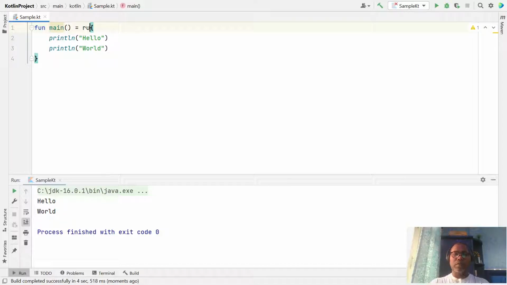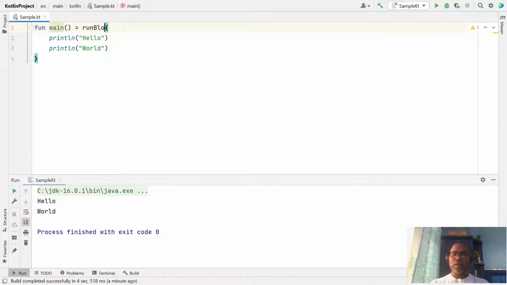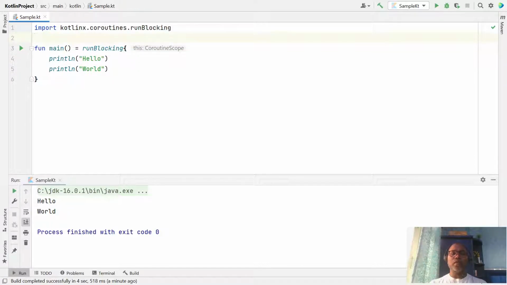First thing, runBlocking. I'll explain what it means. Whenever you are writing code with coroutines, your main function is blocked until all the coroutines are completed.